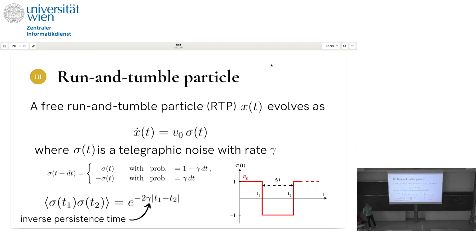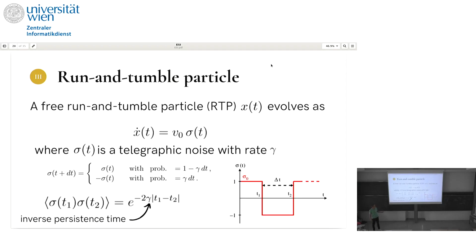So now let's move to the run-and-tumble process, which is a non-Markovian process. And here it's quite interesting because the free dynamics look like this. So we are in one dimension, x of t is the position. The velocity of the particle follows a telegraphic noise. V0 is a constant, the intrinsic velocity of the particle. And sigma of t is a telegraphic noise. Telegraphic noise simply means that it's either 1 or -1, and then it changes between the two values with a